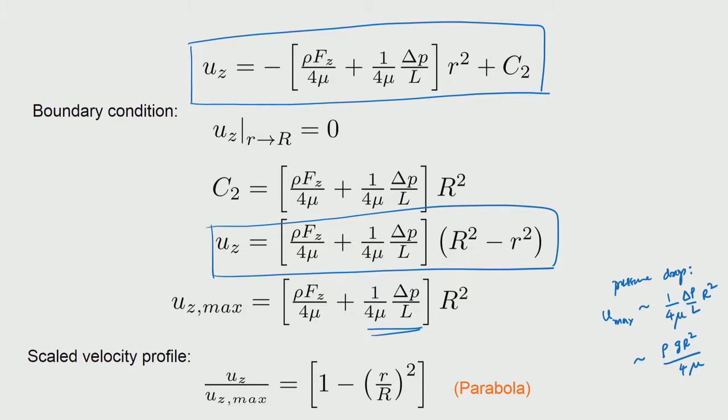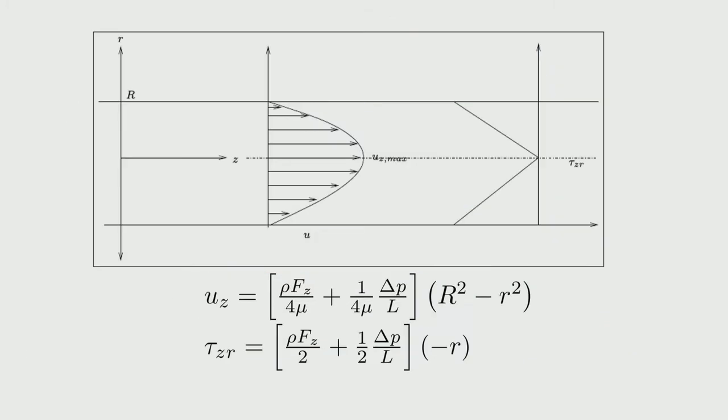Now, when we want to look at the velocity profile, just by normalizing the velocity so that we only look at the shape of the velocity profile, then it would come out on the right hand side with only a profile form, which means that if you use the scaled radius, it just goes as 1 minus r square. Okay. So, it is a parabola, and this has already been encountered in a similar problem in the rectangular coordinate system as well. So, this functional form is very important, because it will be used in many situations as we go along. Now, when we plot this parabola, it would look like here.